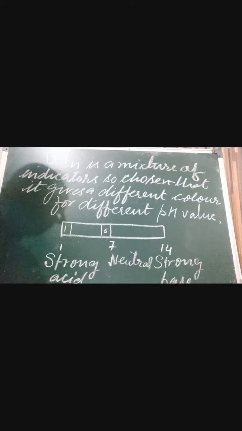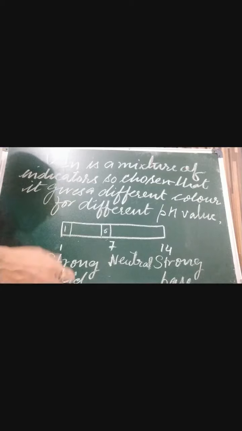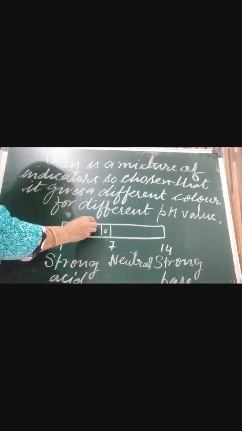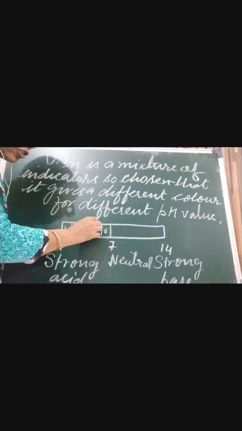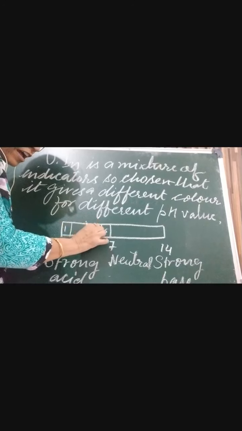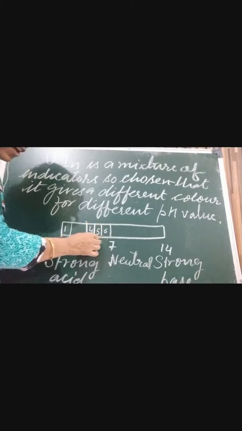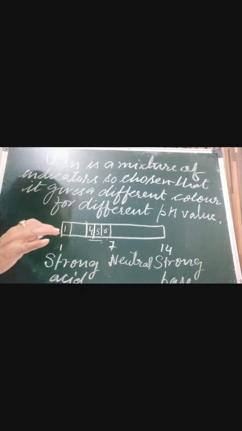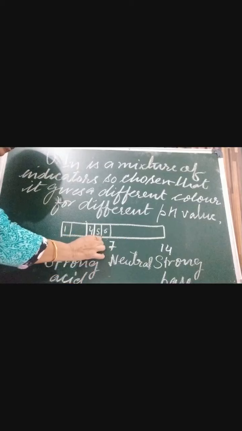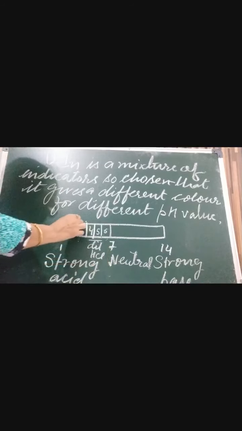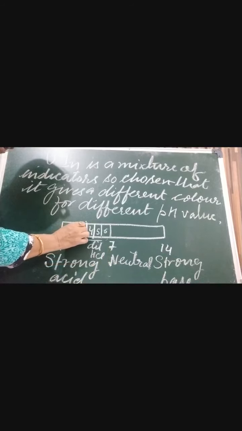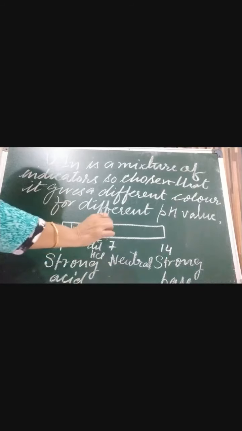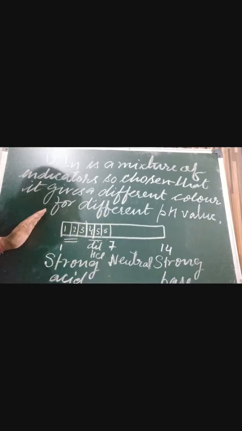And if an orange color is coming, suppose we are using any dilute acid and it is giving an orange color, this 5 or 4, so 5 or 4 means diluted. This is telling us the strength of the acid. So maybe this is dilute hydrochloric acid or sulfuric acid. And 2 and 3 are very strong, 3 is less strong. In this manner we will come to know the strength of acids.